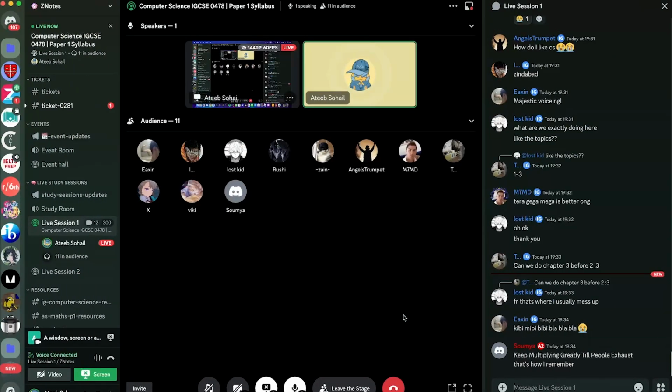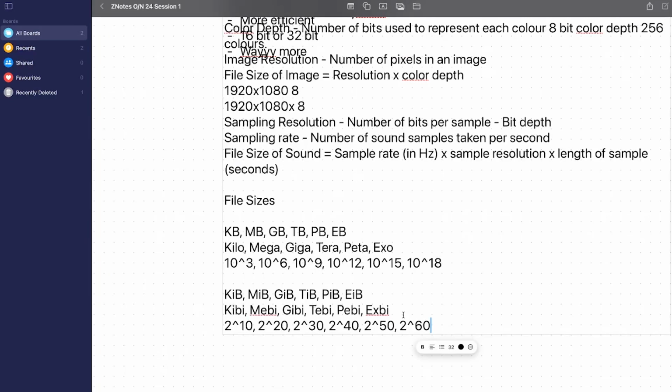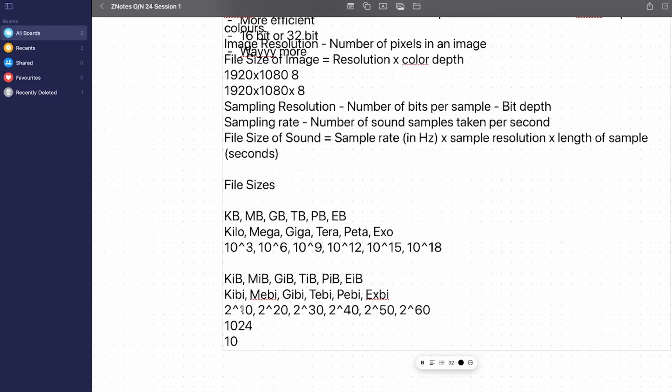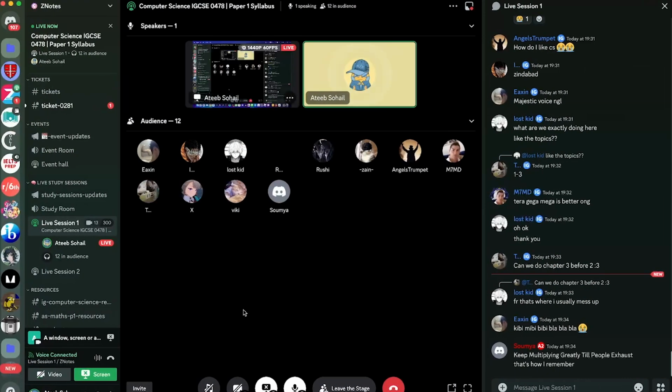But of course, I'm gonna save y'all. The easiest way to do this is to memorize 1024 and just multiply that every time. So just do 1024 times 1, 1024 to the power of 2, 1024 to the power of 3, 1024 to the power of 4, 1024 to the power of 5, 1024 to the power of 6. The reason I asked you to memorize it as 1024 is because the examiner is not as crazy as you think he is. He's not going to tell you to calculate a large exact value and then divide it by